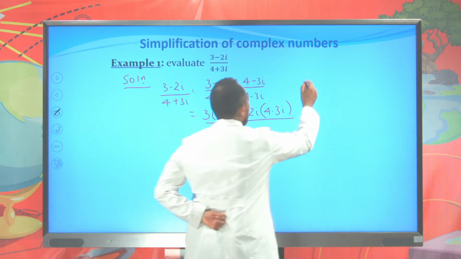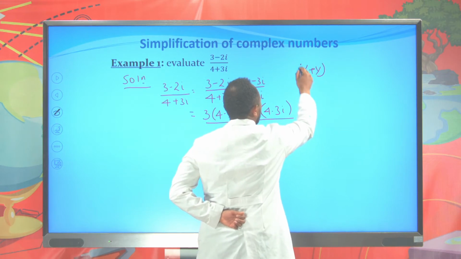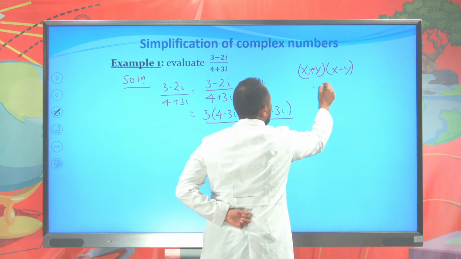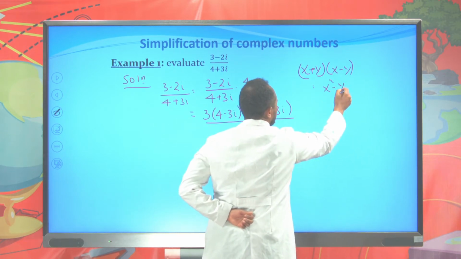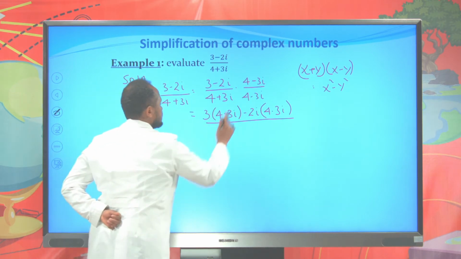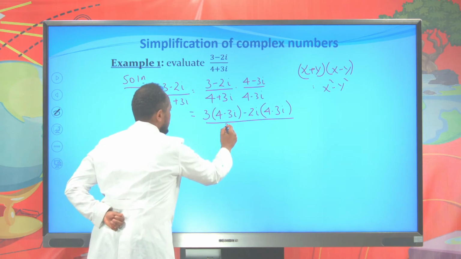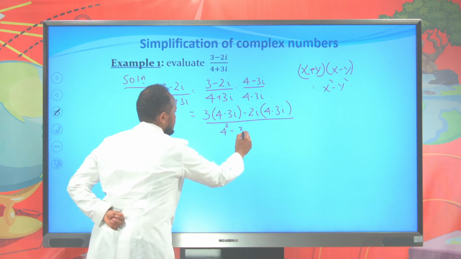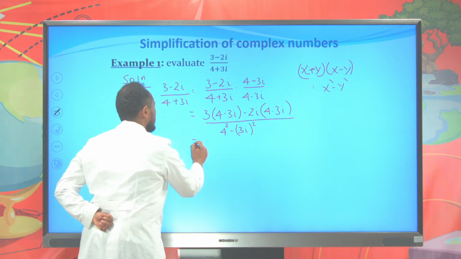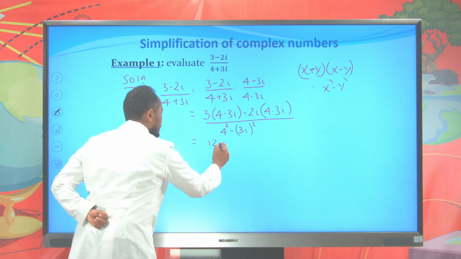Simply, if you remember, x plus y times x minus y is given by the difference of two squares. Therefore, the product of these two is the difference of two squares. So, it is 4 squared minus 3i squared. Therefore, this equals 3 times 4, which is 12, minus